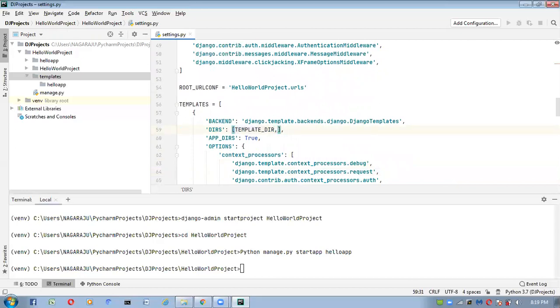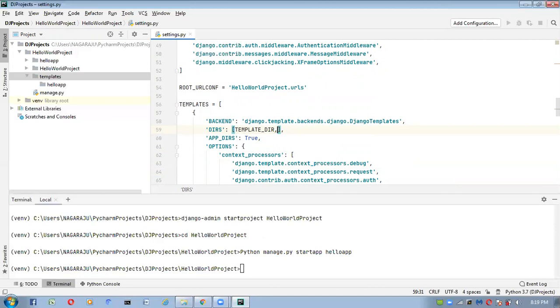Here we are configuring the templates path inside the settings.py file, right? Here we can configure the total path, the complete C drive path, but it is not recommended, and it is not good programming practice.